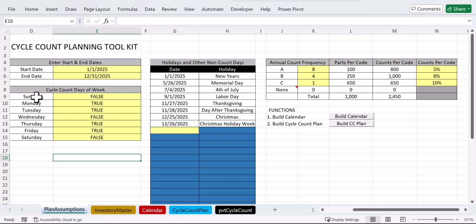And then over here you can put in what days you're planning on counting. So in this example, we're not going to be counting on the weekends, so Sunday and Saturday are both false, and here, kind of arbitrarily, we said, hey, we're not going to count on Wednesdays. I'm just doing that for this example. And then we're going to be counting on Monday, Tuesday, and Thursday. So every Monday, Tuesday, Thursday, and Friday, there will be a count,